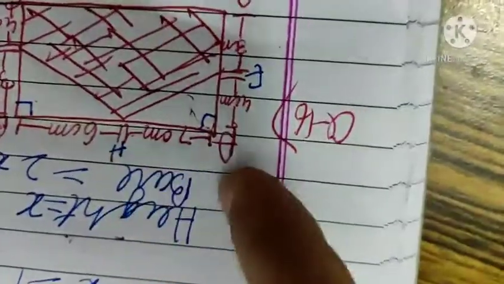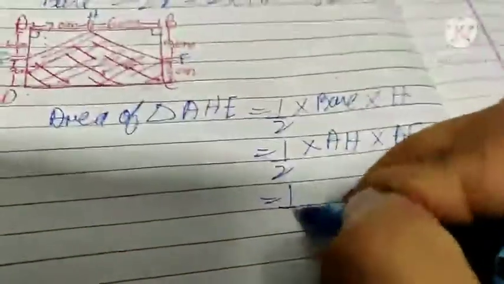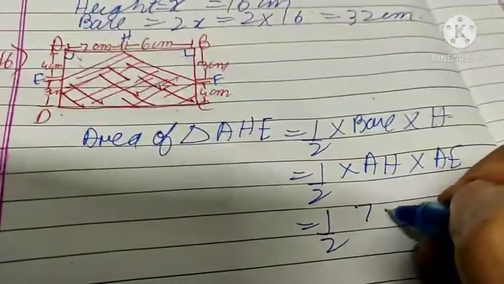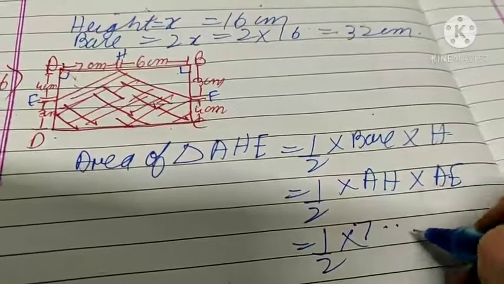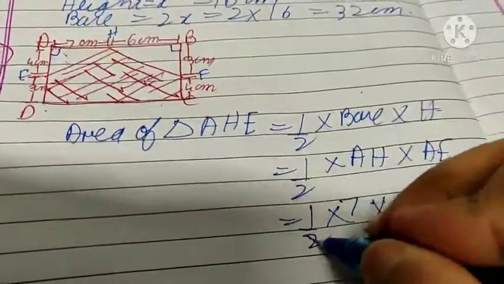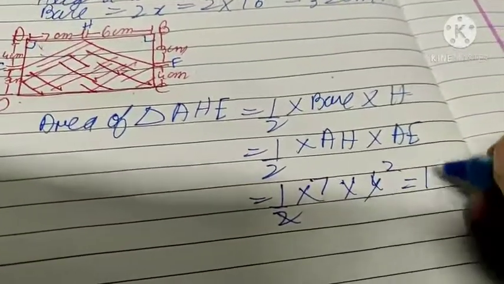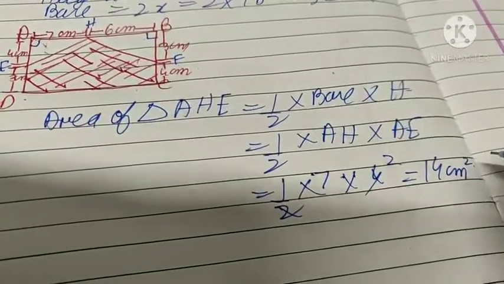Okay, if you see the figure in this way, this is the base and this is the height. Okay, so here AH is 7 centimeters and AE is 4. It is 14 centimeter square. Okay,